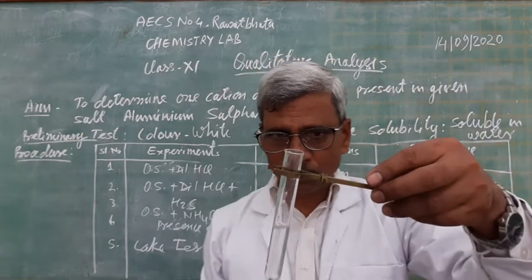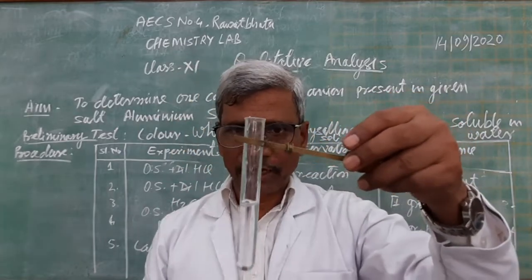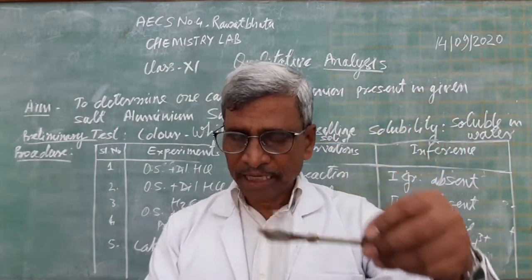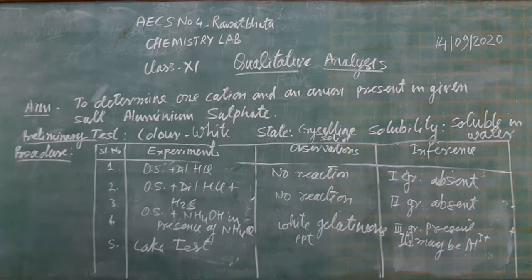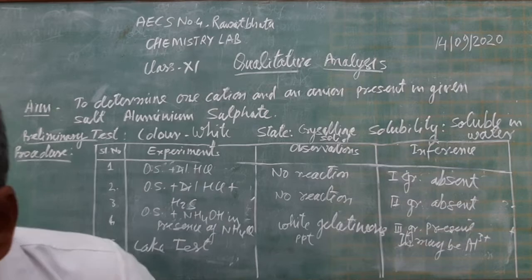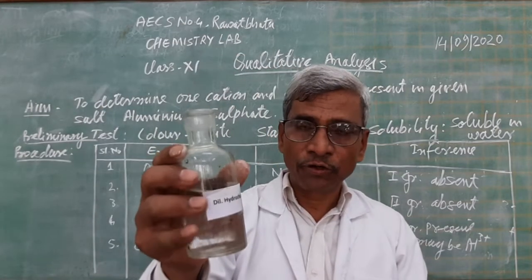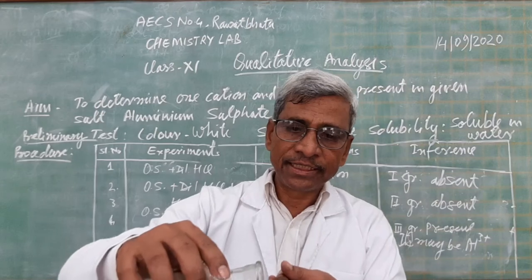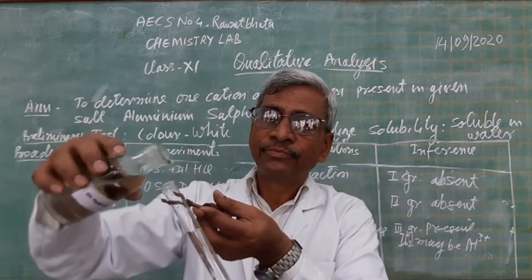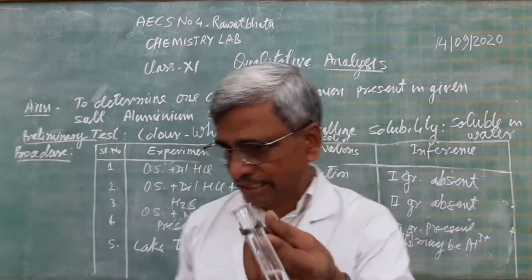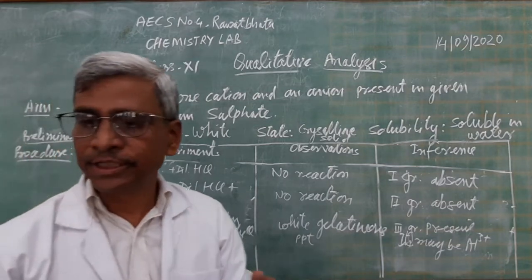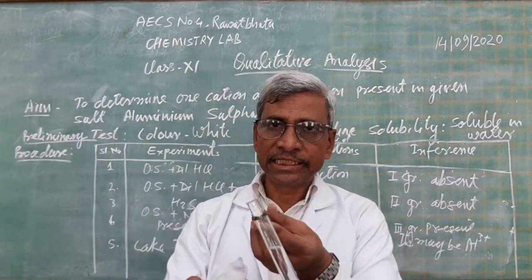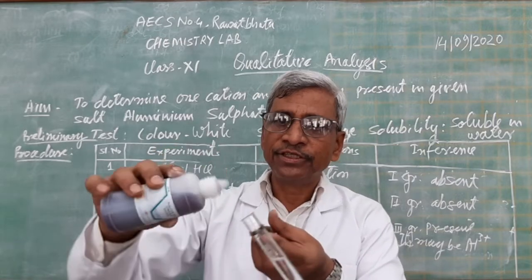That's why we need not use any more original solution, this is the final one. Original solution plus hydrochloric acid, HCl. This is the hydrochloric acid to acidify this. Here it is, hydrochloric acid. No color change. It is acidified with hydrochloric acid. Then add blue litmus solution. Here is the blue litmus solution. The medium is acidic and we are going to add blue litmus solution. Then see the change.